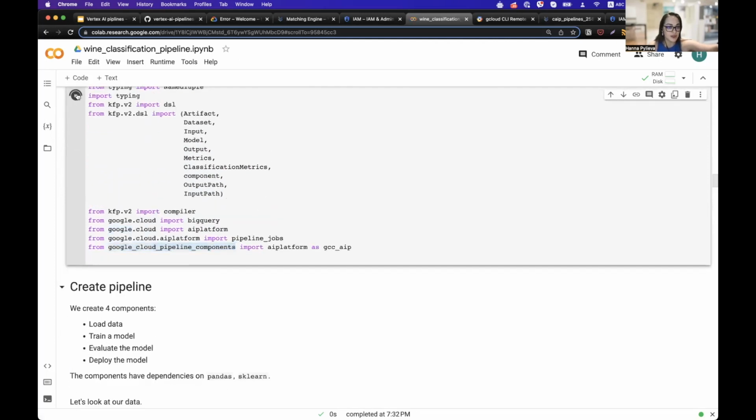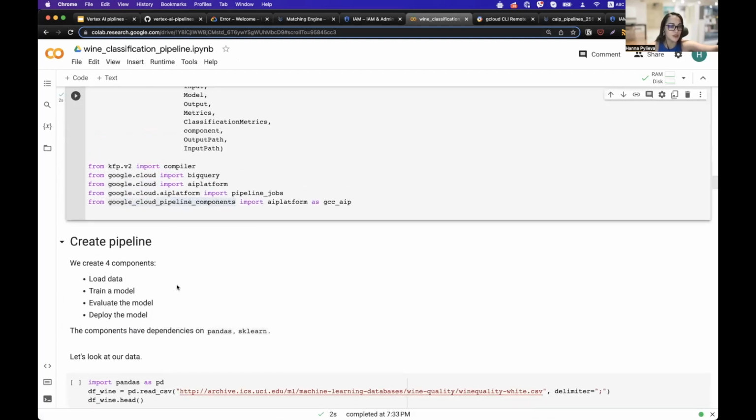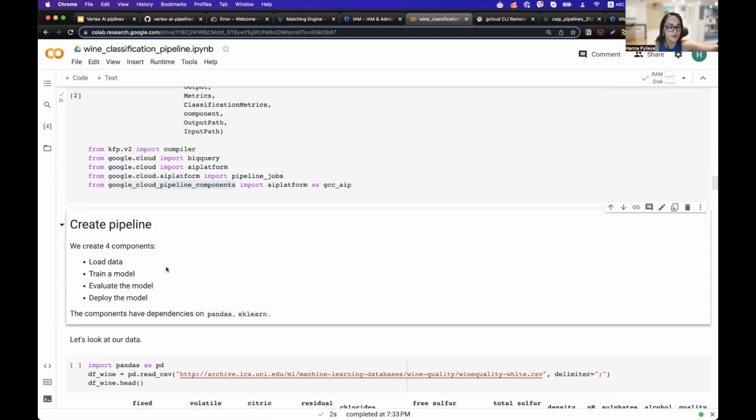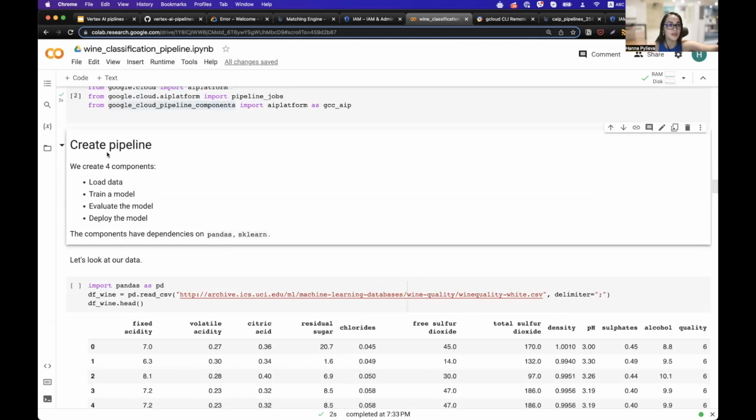We need to run this also. Hopefully, it should work fine because we installed everything. Yeah, it already ran successfully. So we move further, and currently we can already create a pipeline, and we will start from